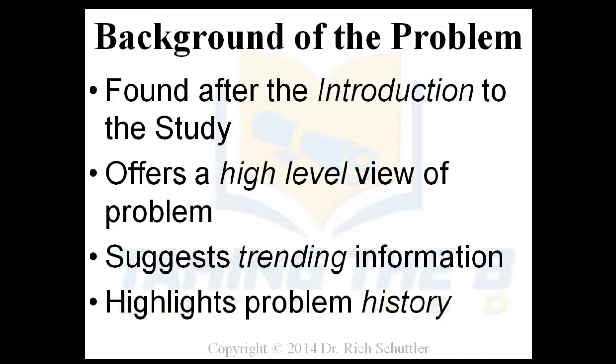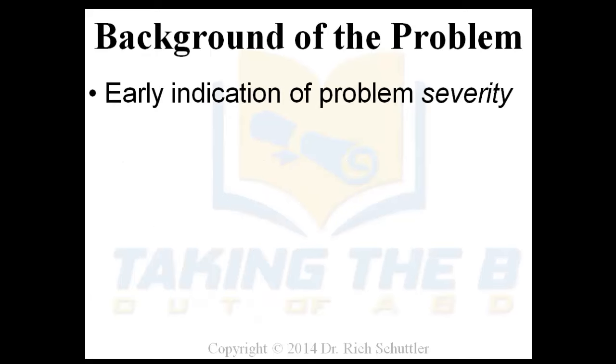Some of this might be also history related in the sense that you may be providing some information about how K through 12 schools have been suffering for many years, particularly in cities where poverty is high. And so you may show some history on what's changed and what's caused that to happen from your perspective. And you would give some citations to help support that.